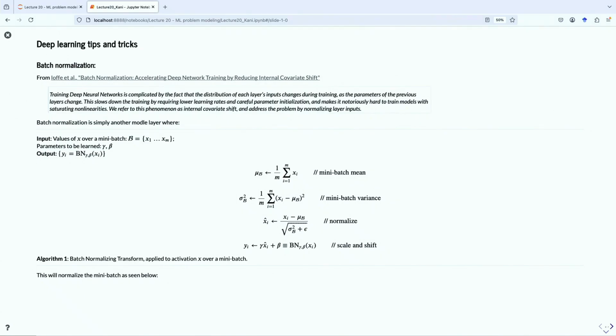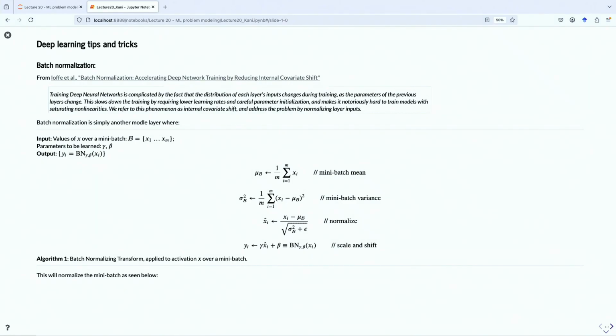So this is what the authors are talking about when they say that training deep neural networks is complicated by the fact that the distribution of each layer's input changes during training as the parameters of each layer change. So the question is, what do we do about that? The second part is that this slows down learning, and as we saw, there are ways to battle against this. If you change the learning rates, you could have a learning rate decay, which we talked about before. You could start off with a very high learning rate and decrease it as time goes on. You could have momentum.